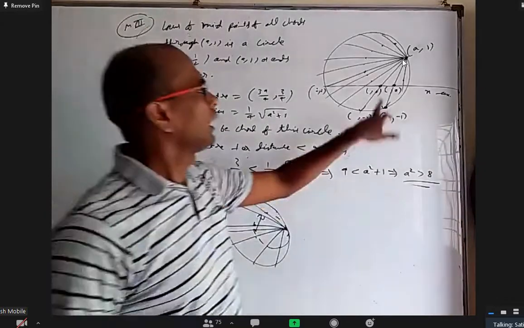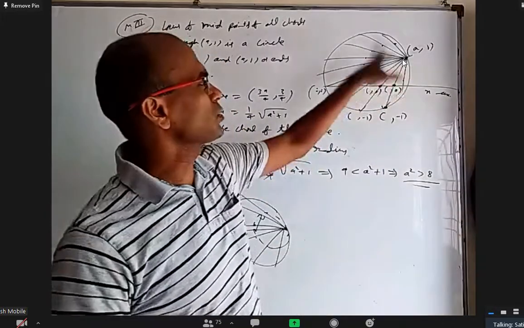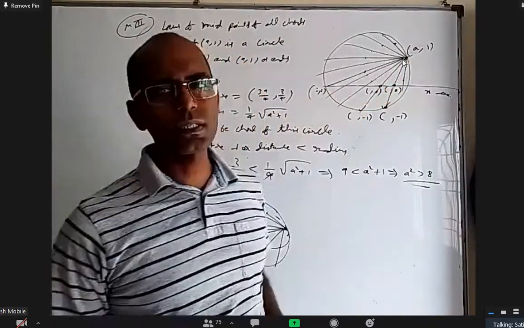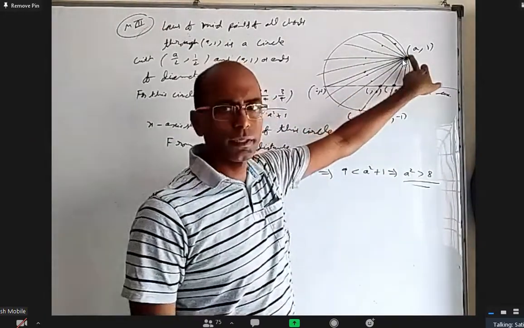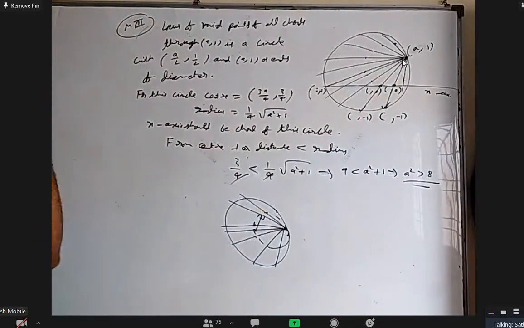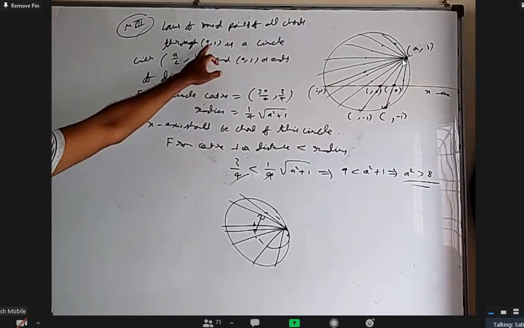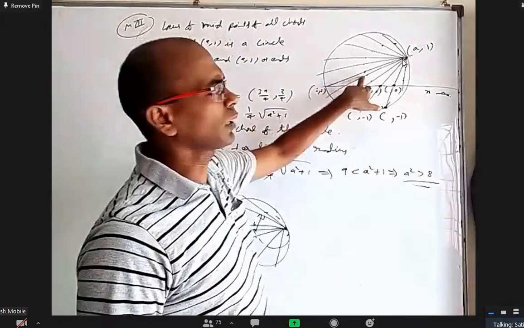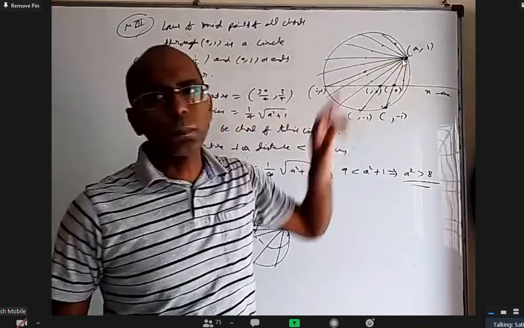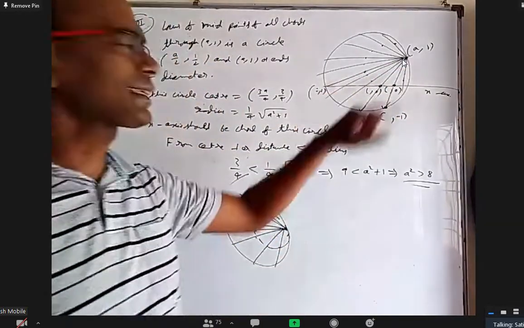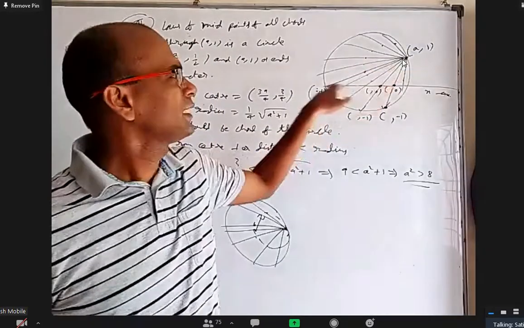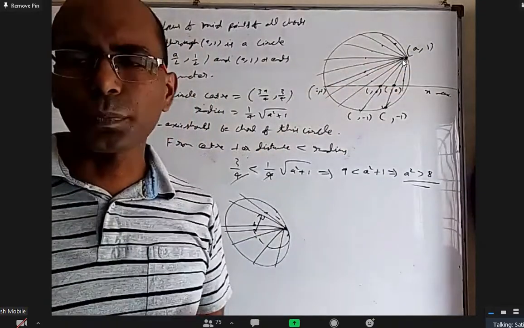So now I'll talk about x-axis later on. Through A there are a lot of chords. Take all the midpoints. The locus is a circle with this point and this center as ends of diameter. So this center is a by 2 comma 1 by 2, and this is a comma 1, the ends of diameter. Now among all these midpoints, two midpoints should lie on x-axis. Means for this new circle, x-axis should intersect twice. Means it should be a chord.